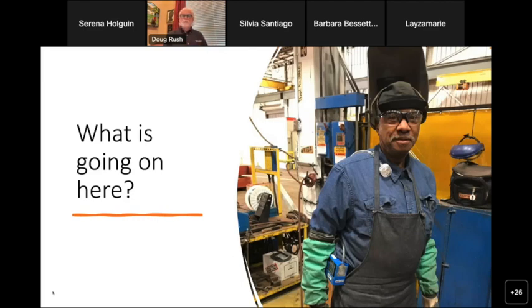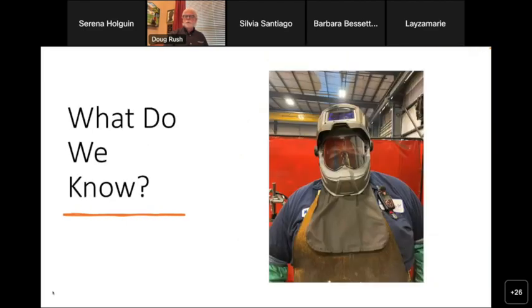So the ARECC process helps us to identify and write down those things that are important to know about a process just like that. Here's another picture of a guy who looks like he's got on a space age type of helmet. What do we know here? The same thing. He's got a noise dosimeter on, but we don't know if he's exposed to high noise levels for an hour a day, or if he's exposed to low noise levels. We don't know where he's at. We don't know anything by looking at this picture.